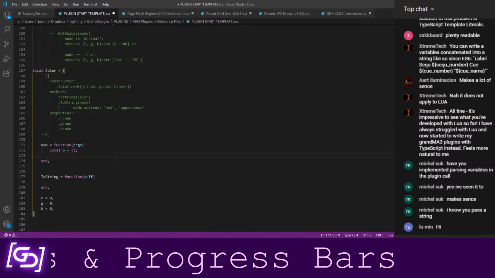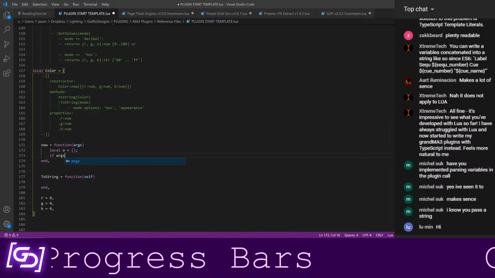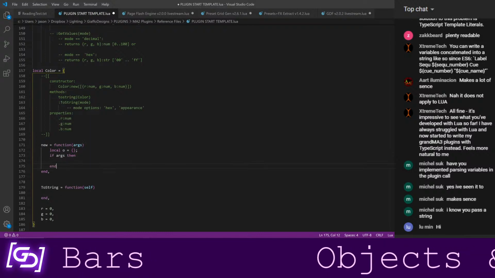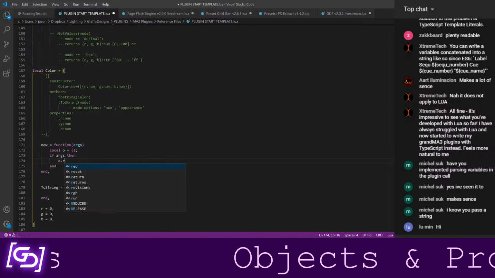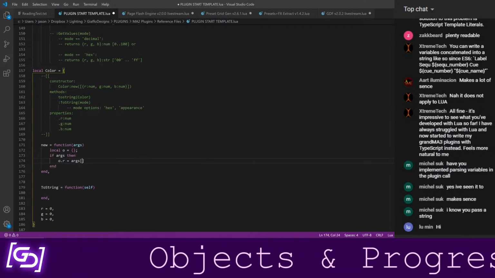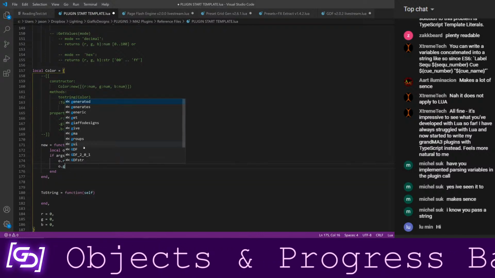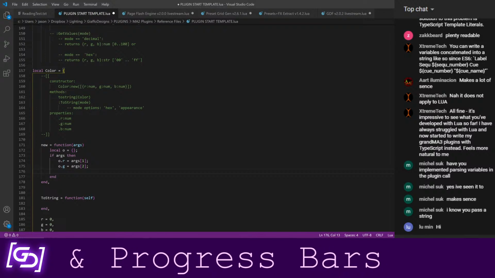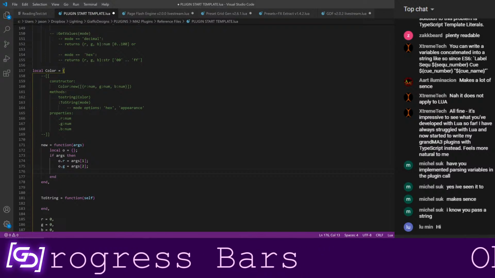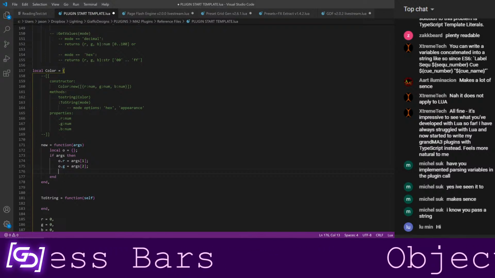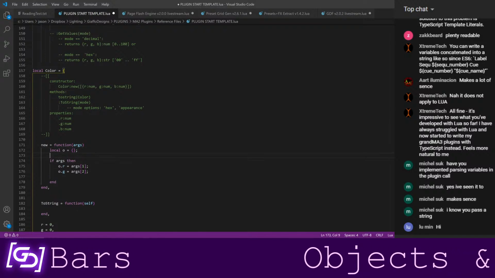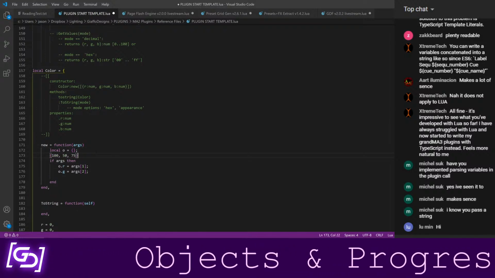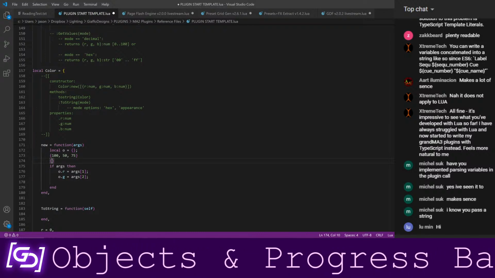We are going to say if args, then O.R equals args1, O.G equals args2. We're just going to assume that it would always be declared as RGB, not, we're assuming that our table is coming in as something like this, not as something like this.